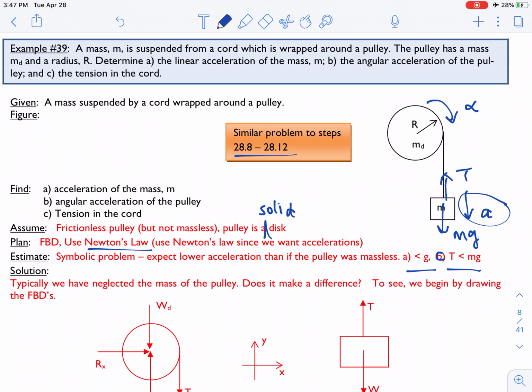I'm going to fix that. Okay, so we are going to see what the equations are, and we can double check our estimations. So for the solution, before this rotational motion, we usually neglected the mass of the pulley, right? We said the pulley is ideal, doesn't have a mass, doesn't have a friction. Now we're saying it's still frictionless, but there's mass. So it doesn't make a difference, and we will